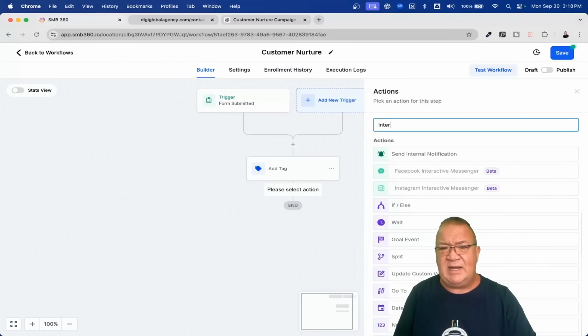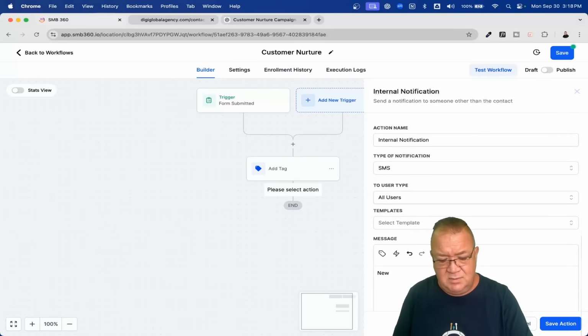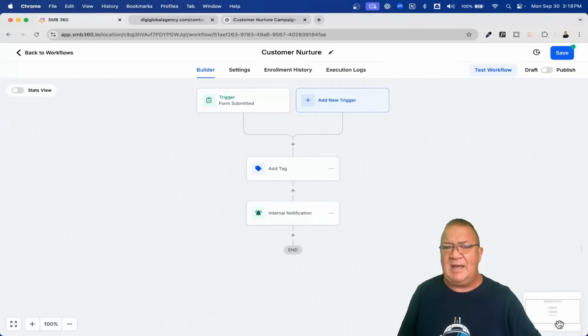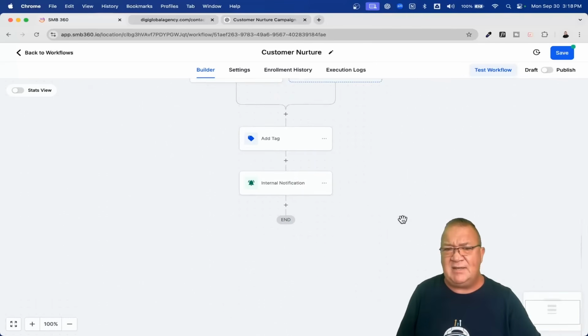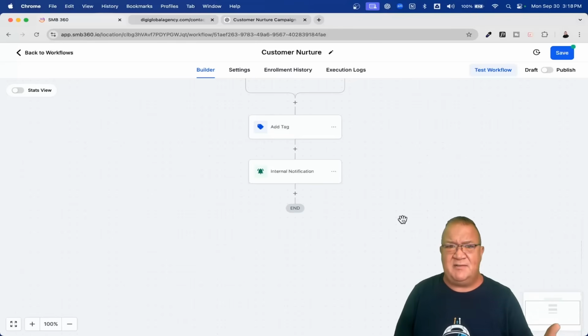Let's just say we're going to send an internal notification for the team. We're going to send an SMS message to all users on the team. Website form submission, just something like that. Again, you're just notifying the team, hey guys, somebody just filled out the form on the website, for somebody to go through and do something about it. Okay, now that we've done some basic stuff, like tagged the particular person and notified the team,